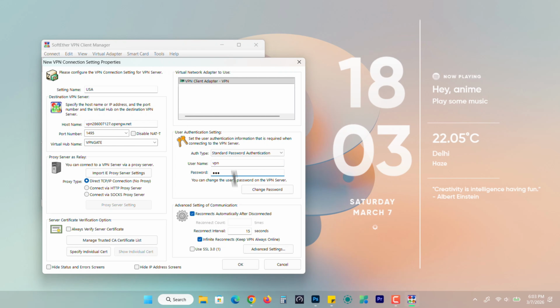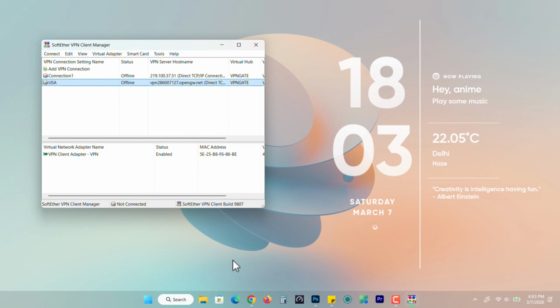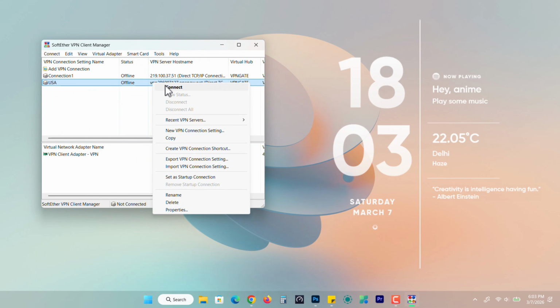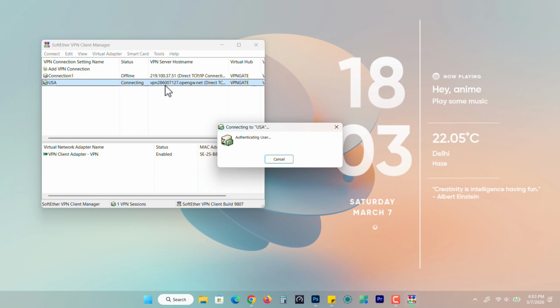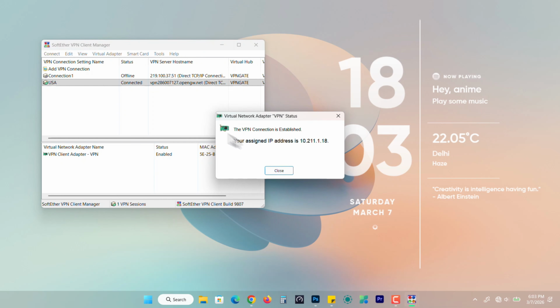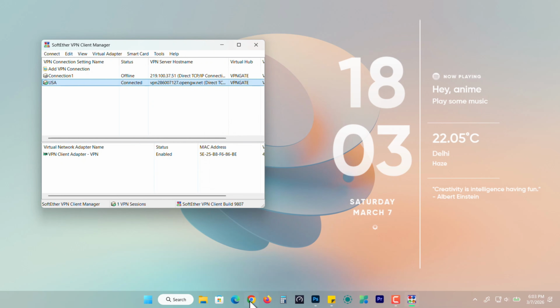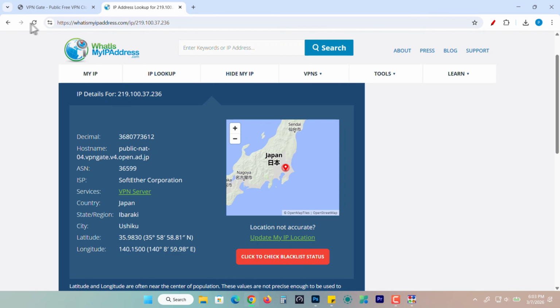and it has taken the service name virtual name hub. Sometimes the OK button is disabled, so you can also enter caps VPNGate here so that it can enable this OK button. Once you do that, you have to reconnect like the way we did before, and you can see the connection is established. Now if we go back to the my IP and if we try to refresh,